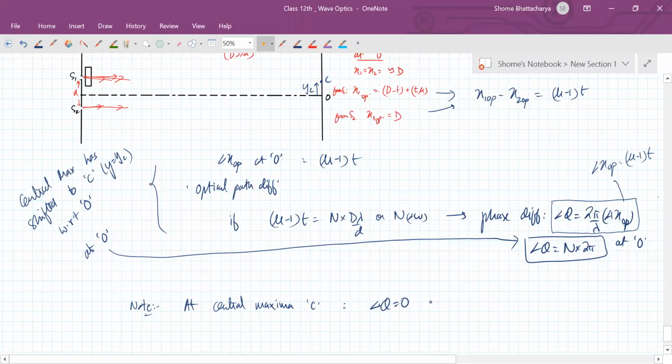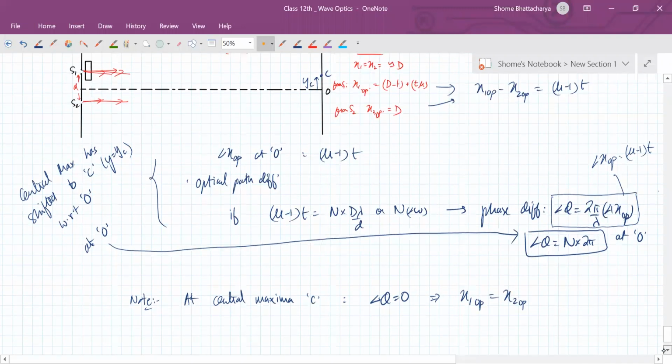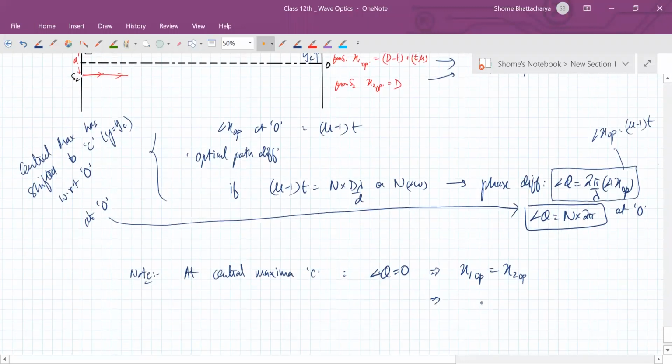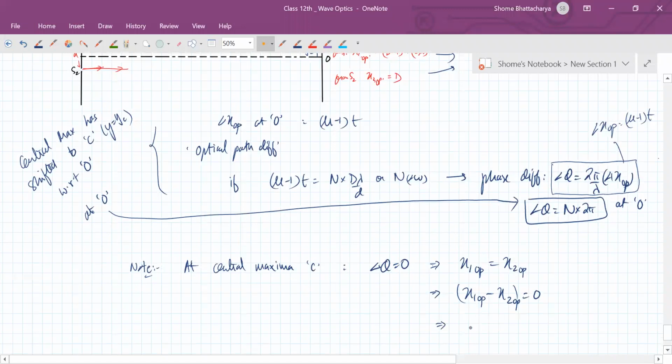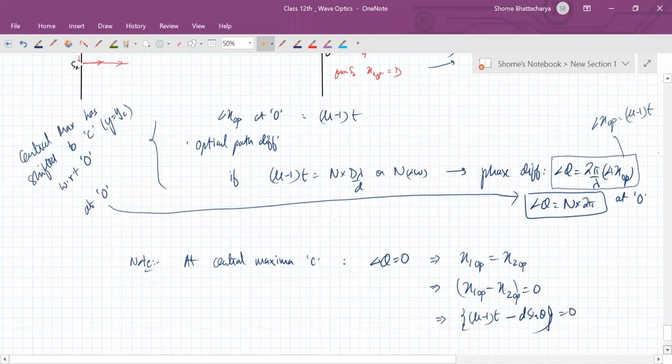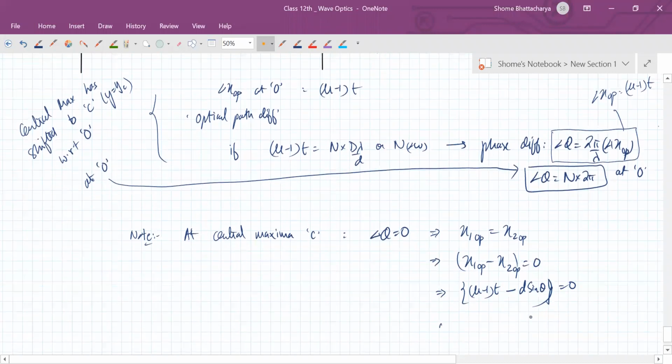Okay. So that means the optical path length from S1 should be equal to the optical path length from S2. Okay. So the optical path difference should be 0. Okay. So now at this point, you can see the light coming from 1 is traveling a larger optical path length of mu minus 1 times t. But the light traveling from 2 is traveling a longer distance now. So that distance is how much? d sine theta. So this term should become 0. Or